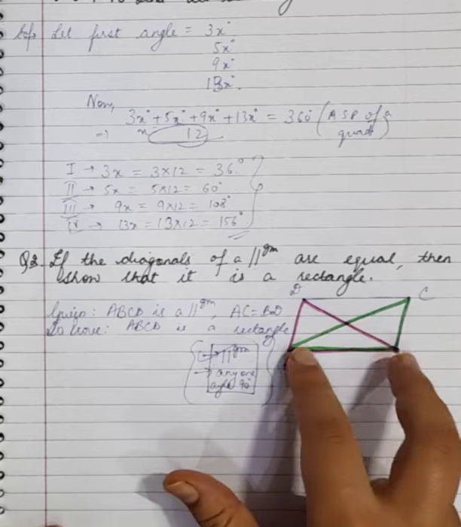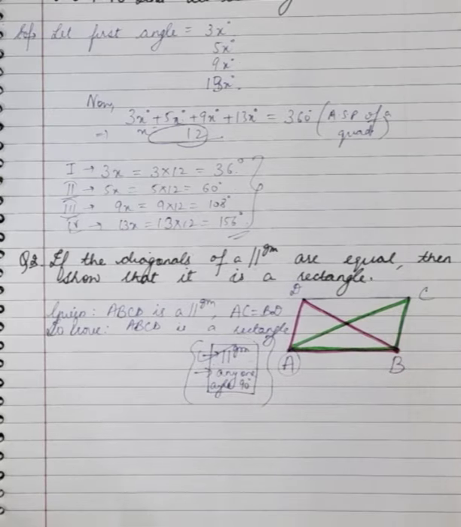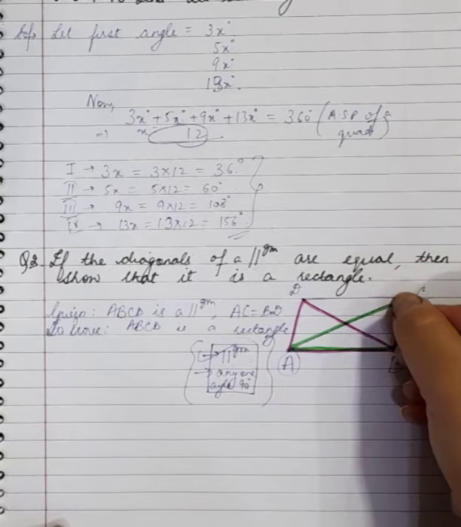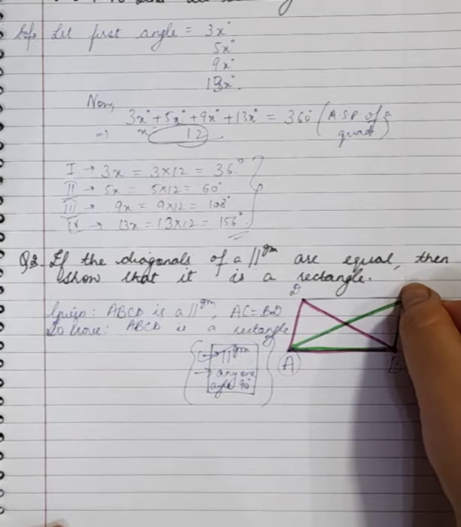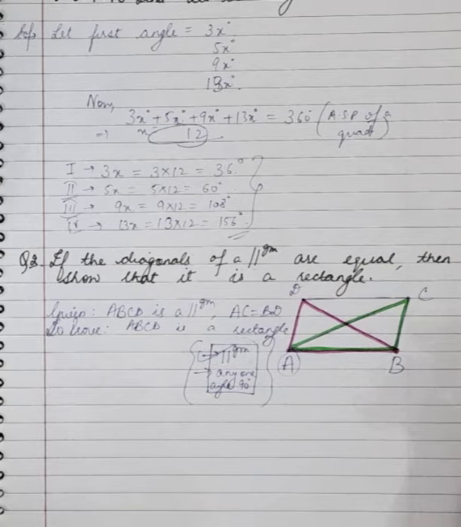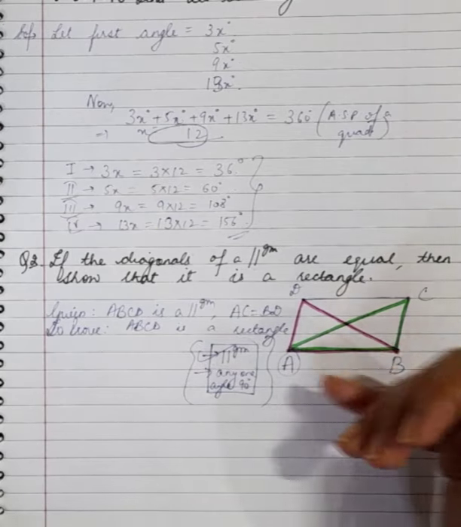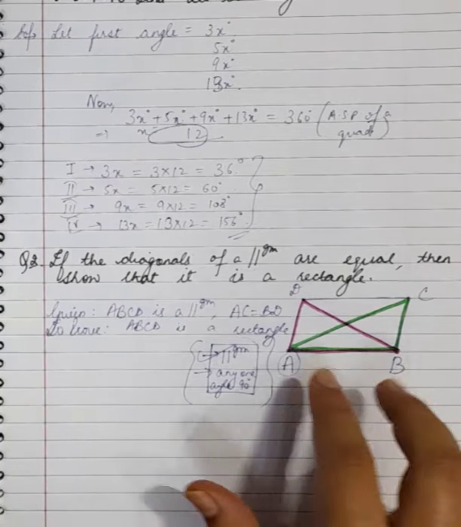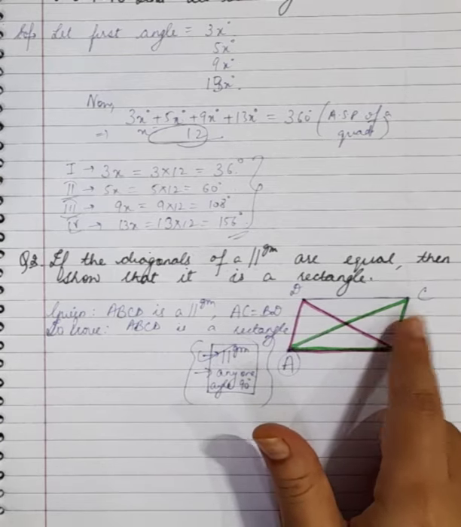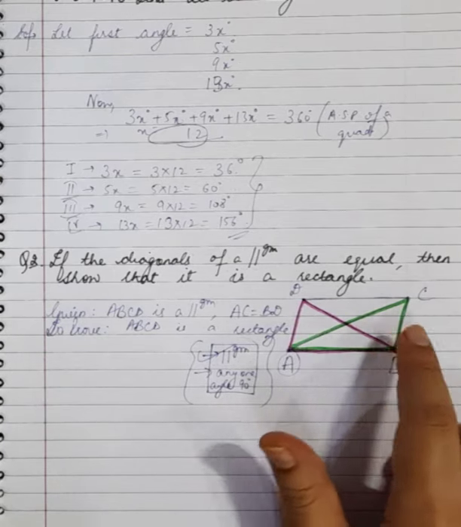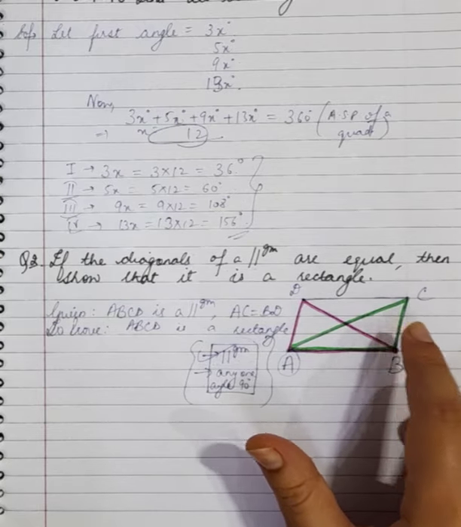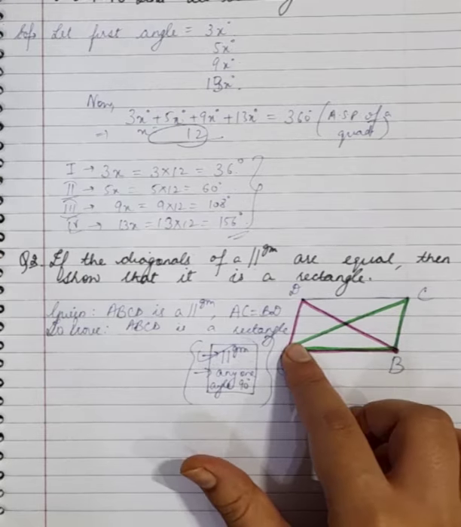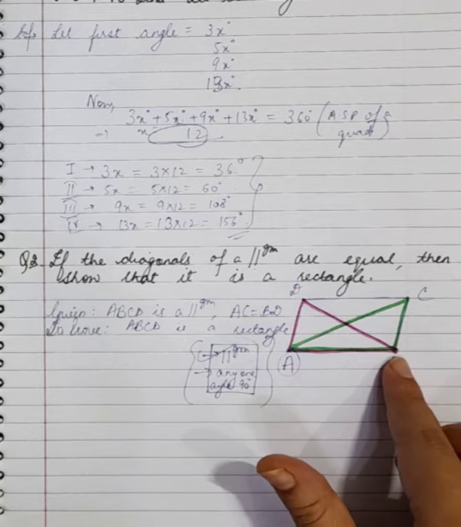vertex angles with a common base. Take those big triangles. I could have taken triangle ADC and BCD, or I could have taken BDC and CDA. So any two adjacent triangles, of course the big triangles you have to take. Now prove these pink and green triangles congruent. Once these two triangles are proved congruent by CPCT, we can say angle A is equal to angle B.